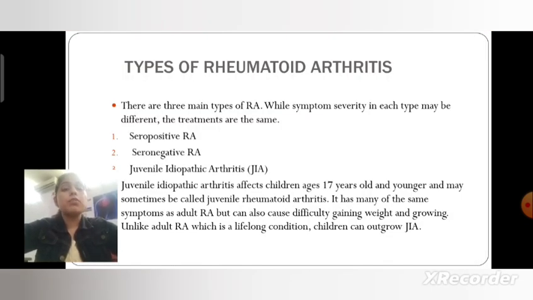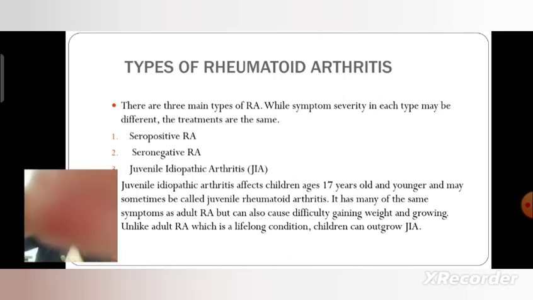First is types of rheumatoid arthritis. There are three types of rheumatoid arthritis. While symptom severity in each type may be different, the treatments are the same. So the three main types of rheumatoid arthritis are: first, seropositive rheumatoid arthritis; second, seronegative rheumatoid arthritis; third, juvenile